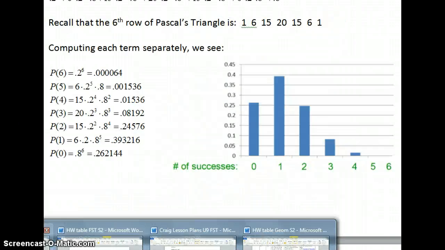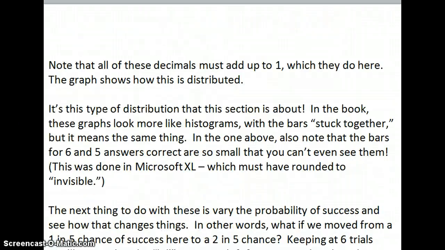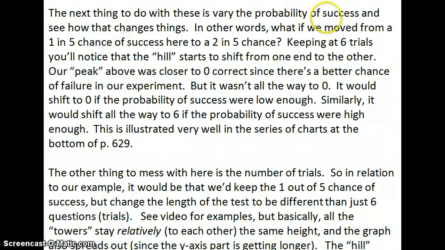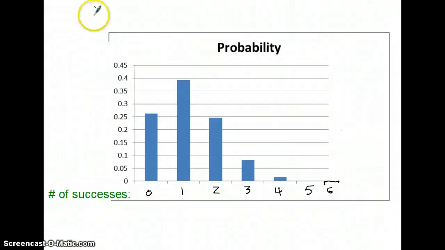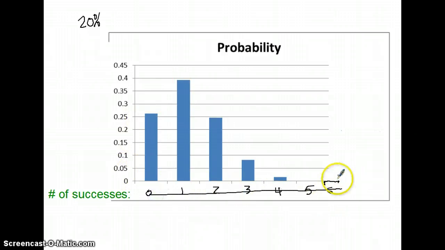The other thing we're going to mess with, and I talk about this down here, is instead of messing with the probability of success and analyzing that, the number of trials. Okay, let's go back to what if we were talking about the 20% success. Say we're still talking about 20% and we had this kind of thing. Well, this was, what was the probability that I have exactly, or sorry, I had a 6-question test. If I had, instead of a 6-question test, let's say I had something like, I don't know, a 100-question test,